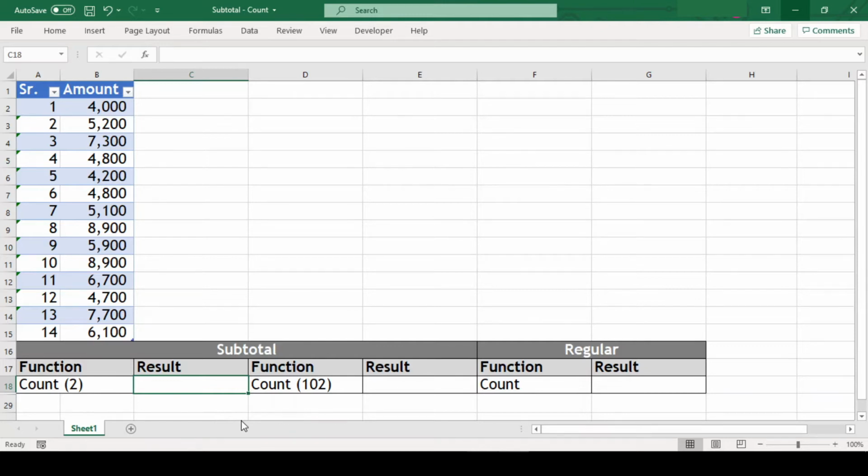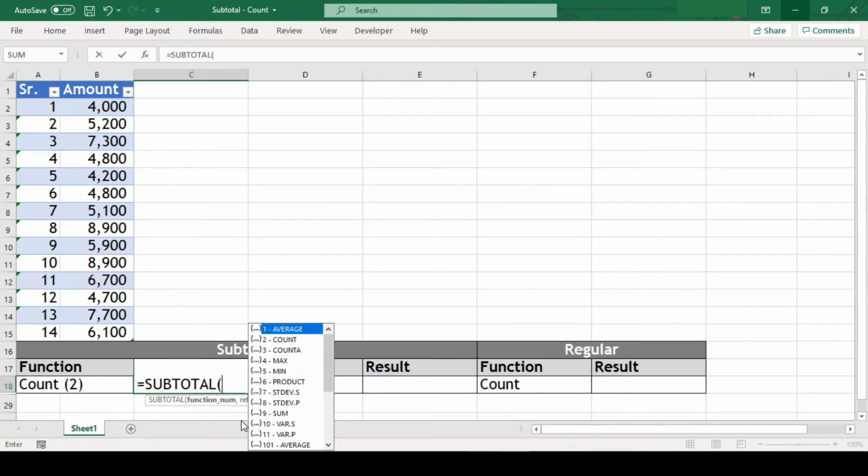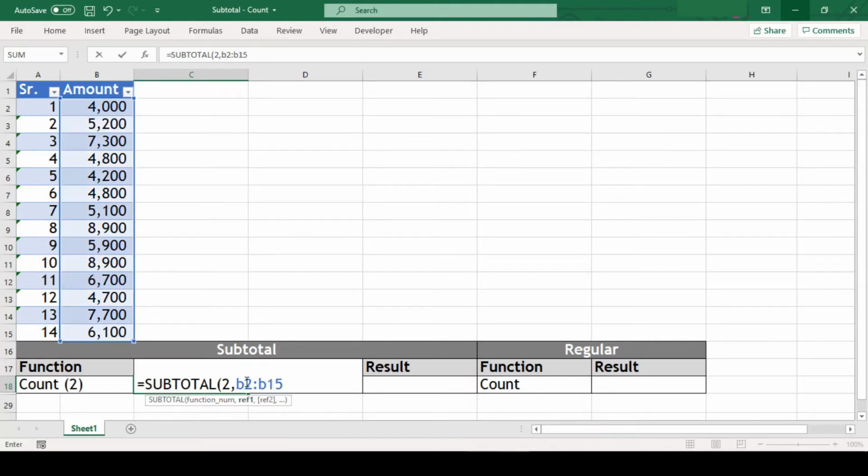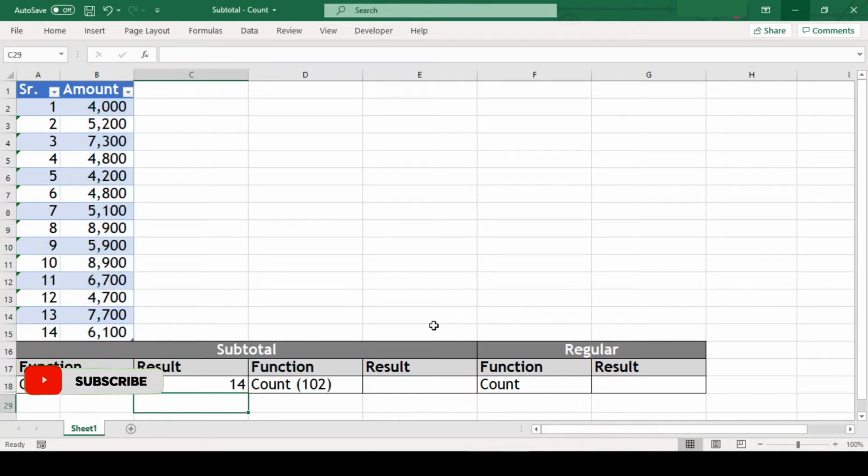So our function goes like equal to subtotal open parenthesis 2, which stands for count, comma, our amount range, which is B2 till B15. We'll just freeze this range so when we copy this cell our range doesn't get disturbed. Close parenthesis, and we got the count of our amounts.